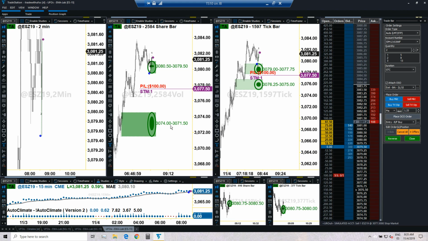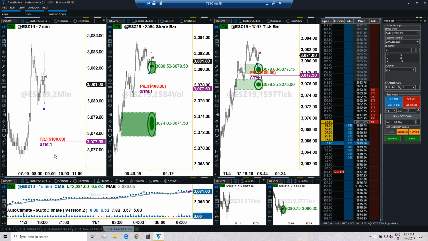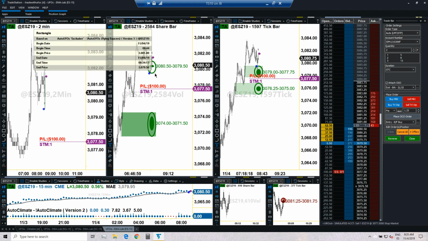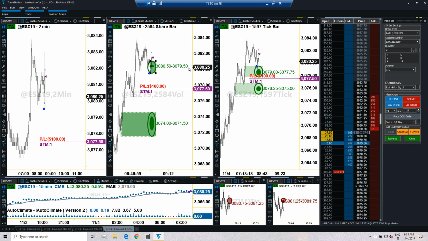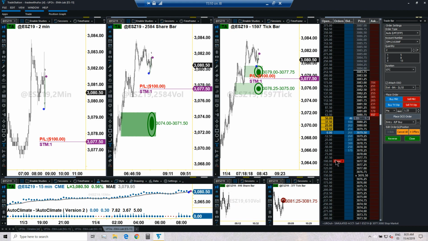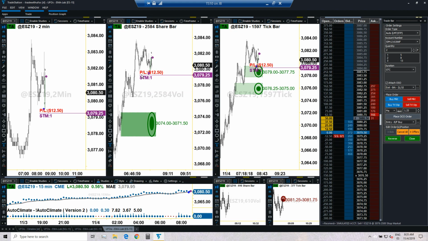Yes, so we just hit the safety target on the S&P. So we are out of risk. And now, no need to look at my time stop anymore. And now notice how a new UFO formed here with 79.5 as the bottom. So that makes my stop to be located at 79.25. So I'm moving my stop back below the new UFO that just formed, which just disappeared from the screen because price just filled the orders that were there.